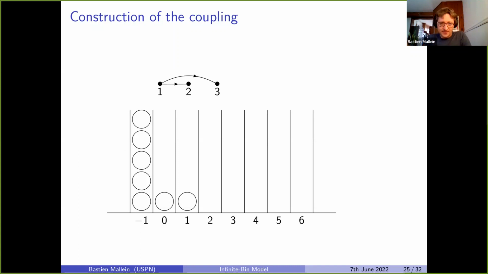So I add a new ball in the bin of index 1. Then I add my vertex 3. Let's say that 3 is connected to 1 but not to 2. The length of the longest path ending at vertex 3 is exactly equal to 1 again. So I add a new ball in the bin of index 1. Now my vertex 4 is connected to no one. And I see there is a question.